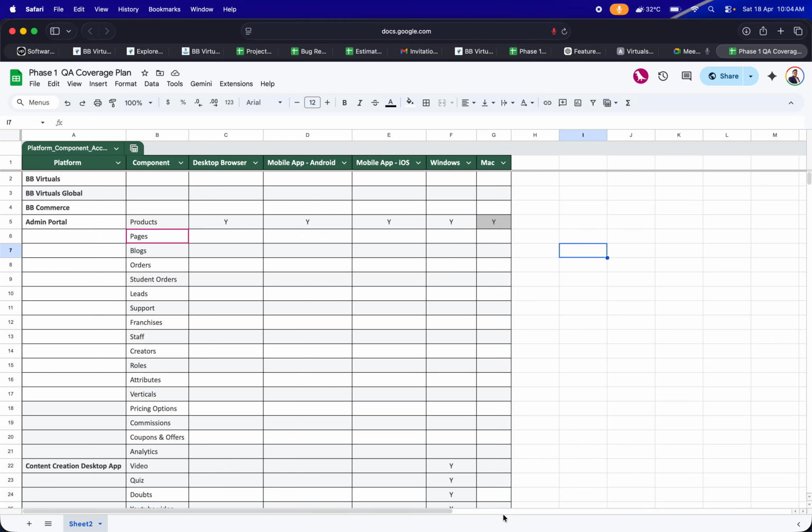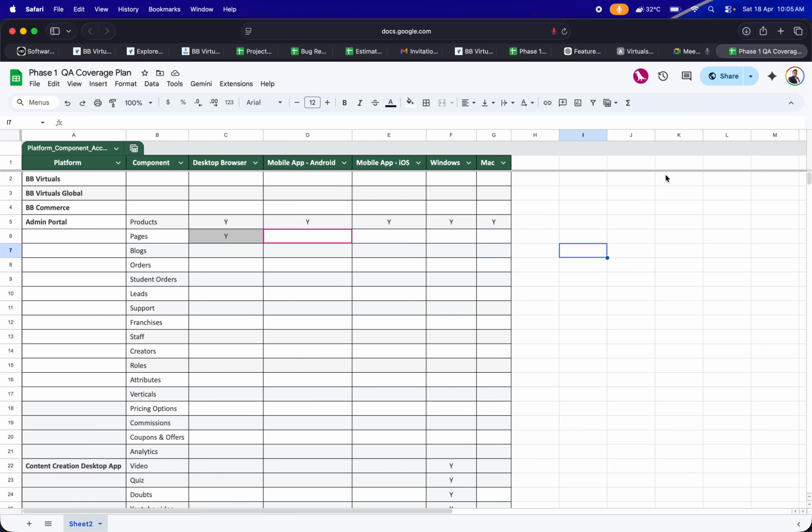Pages. Basically, let's deep prioritize this. How do I deep prioritize? Like priority, add a column priority, for the... Or maybe, I'm sorry, Saurabh, I'm interrupting you. But for the admin portal where you have marked yes for the mobile Android and the mobile app iOS,